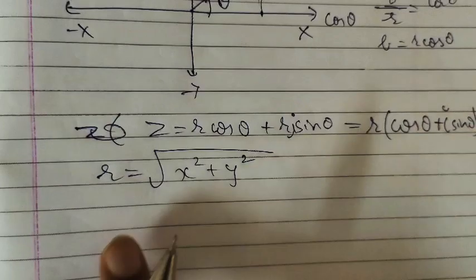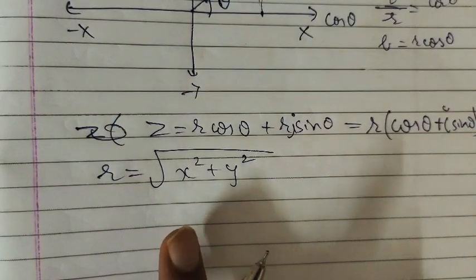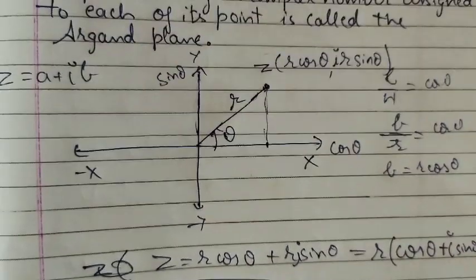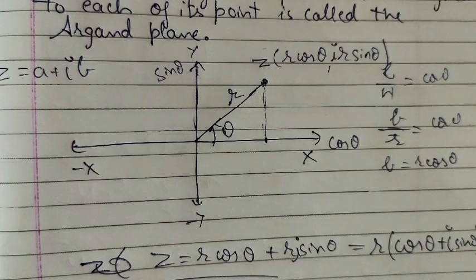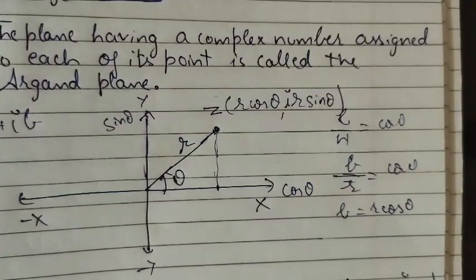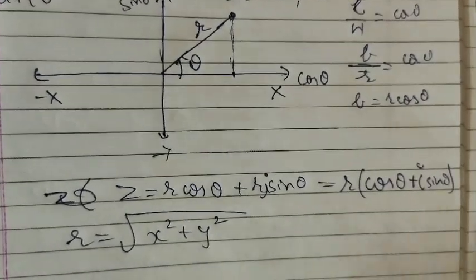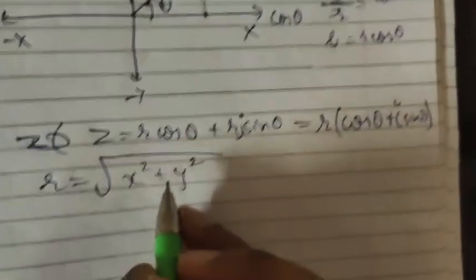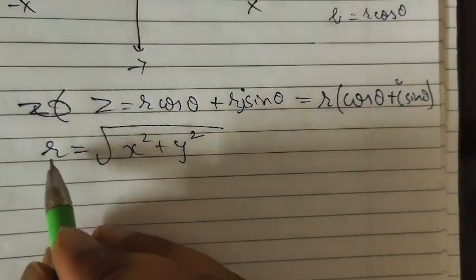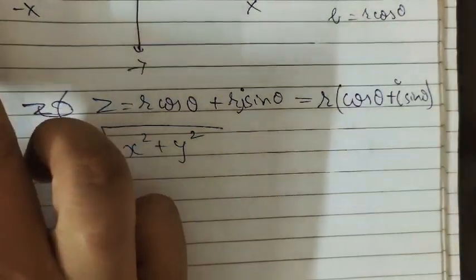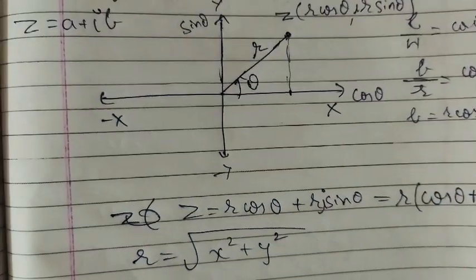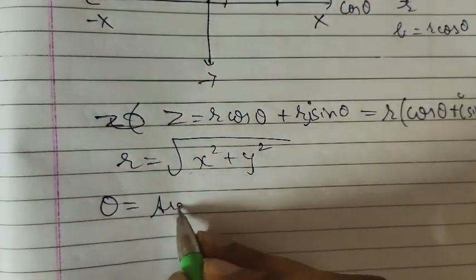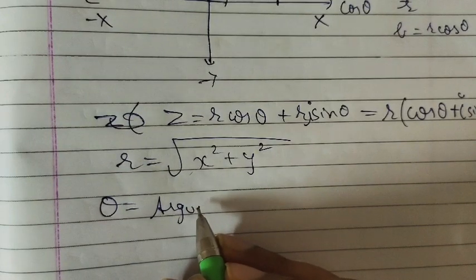This is also called polar representation, but it is not in our syllabus. Due to this pandemic, it has been deleted from the CBSE class 11 syllabus for 2021. So till here we have in the syllabus. Here theta is called the argument, and this r is the modulus. So the modulus of this complex number will be this one, and theta is called the argument. I'll make it more clear with the help of a question.